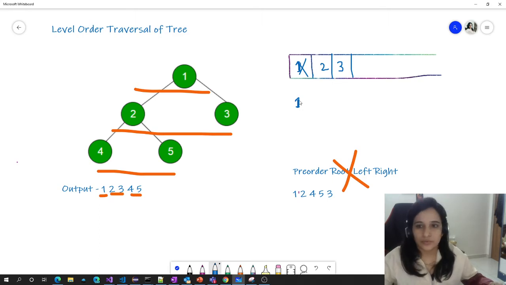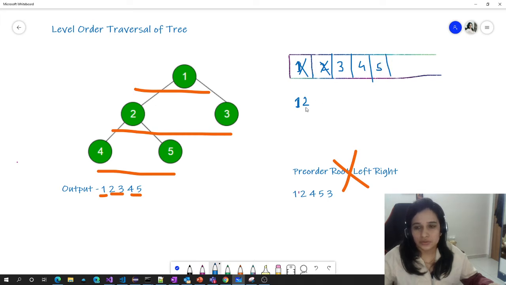So we processed 1. At the same time, we added the children of 1 into the queue, which are 2 and 3. Now my queue is not empty, it has two elements, right? I'll pick the next element, 2, process it, print 2, and at the same time, I will add the left and right of 2 into the queue, which are 4 and 5.